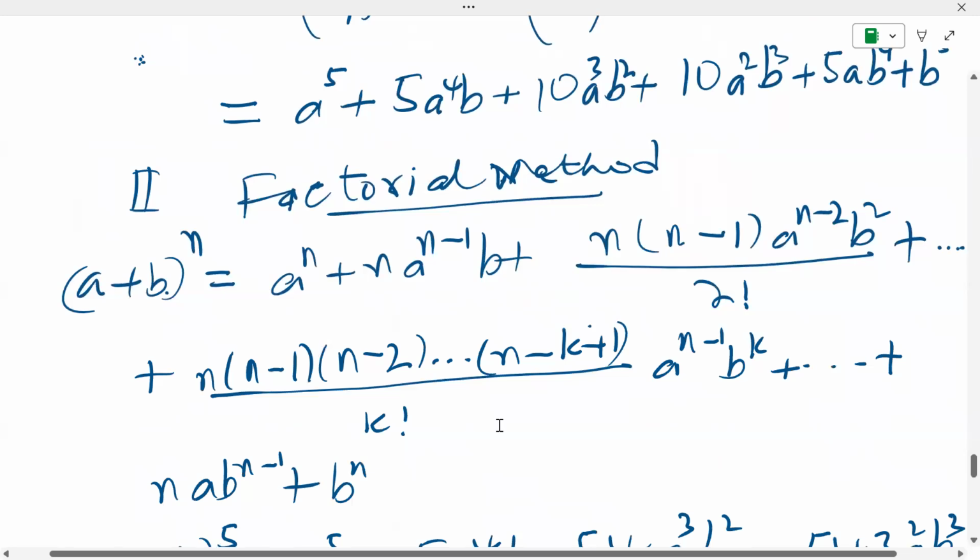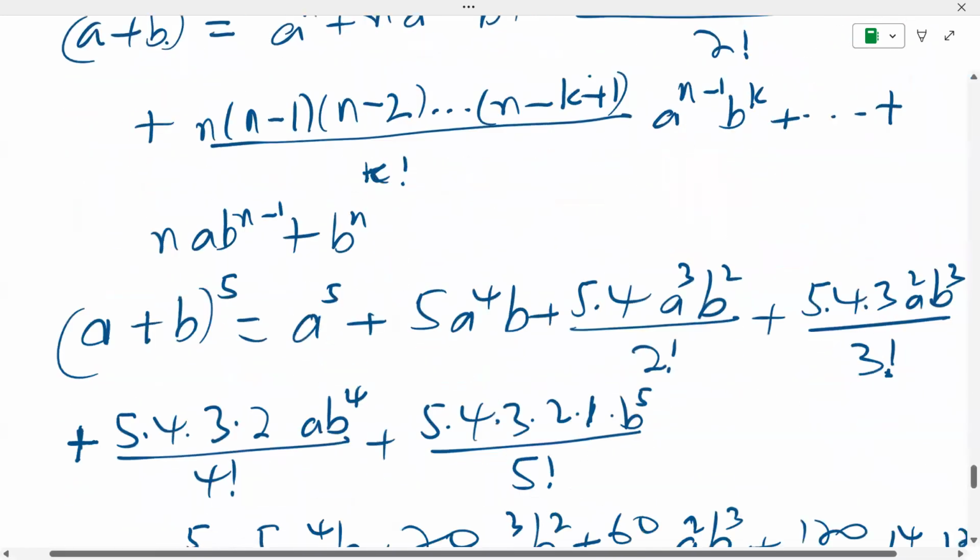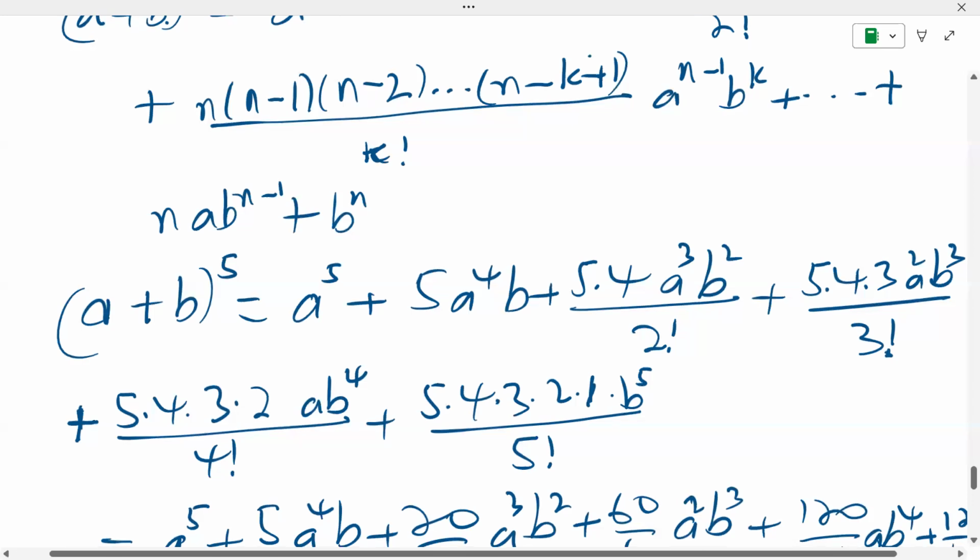Look at it carefully. So it just ends like that. All right. So I want to use it on this: a plus b, all raised to the power 5. So a raised to the power 5 plus 5 times a raised to the power 4 b plus 5 times